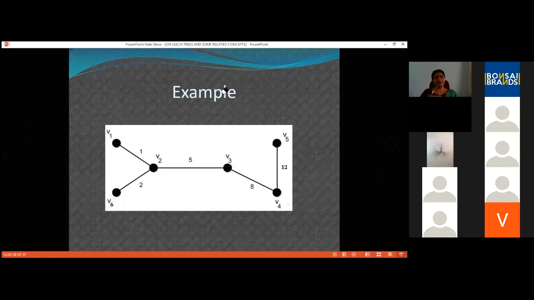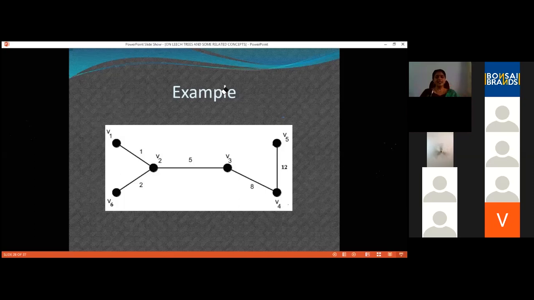Then 8 plus 5 plus 1 gives me 14. And 8 plus 5 plus 2 gives me 15. So the pathways are exactly 1, 2, etc., 15. Do we need to check whether there are more paths? We have now seen that there are paths of weight 1, 2, etc., 15.